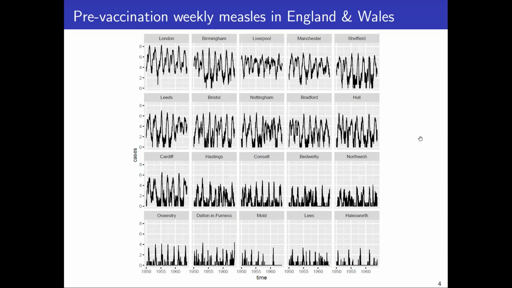And this is an example of the kind of data that is motivating us. This is weekly measles case reports in England and Wales. It's a classical data set. These data are pre-vaccination, from 1950 to 1965. The scale is log cases plus 1, natural logarithm. So 8 corresponds to e to the 8, which is about 3,000. And so you see here the data